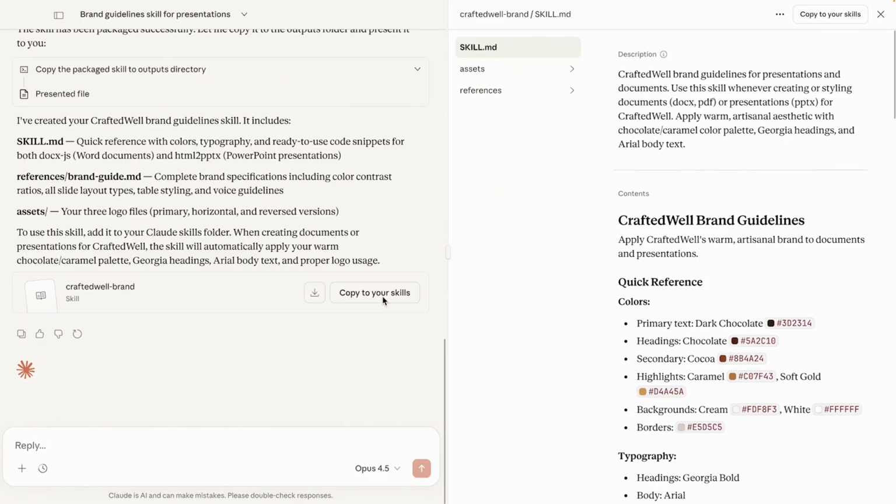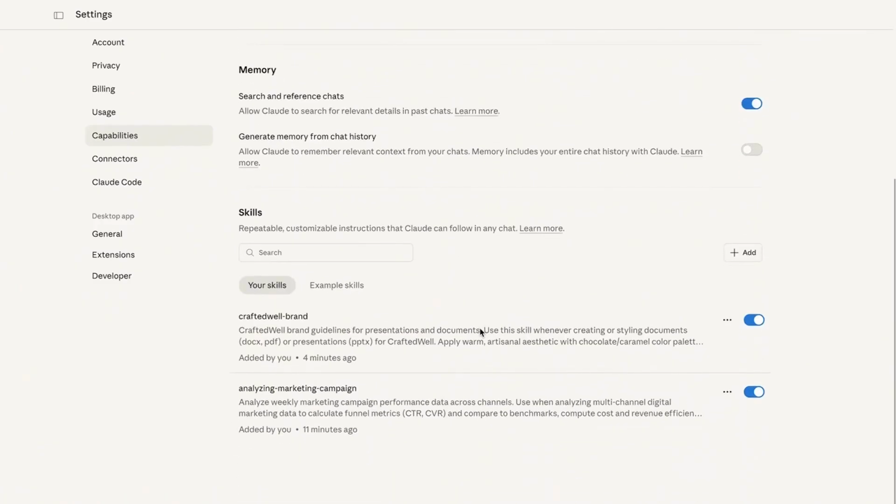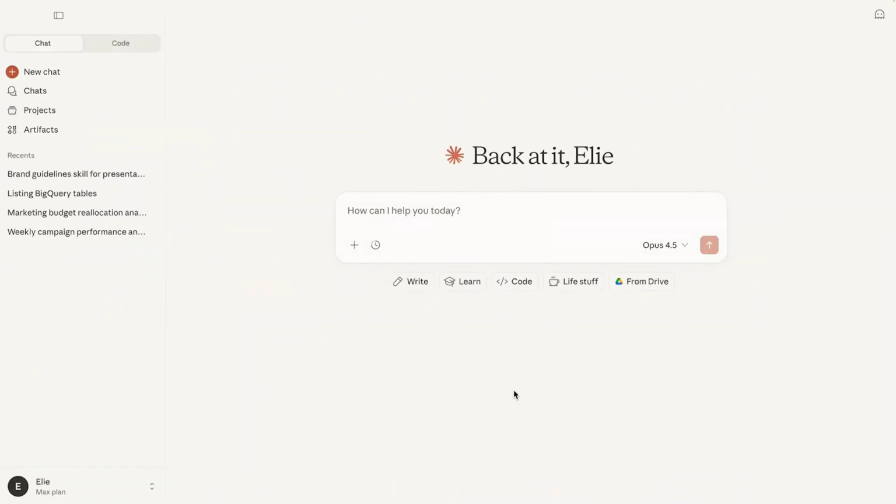In order to make sure this is saved to subsequent conversations, let's go ahead and copy this skill. Once this is done, we should see this skill in the list of skills that we've created. Now that we've updated our skill to move from CSVs to BigQuery and created a new skill for our brand